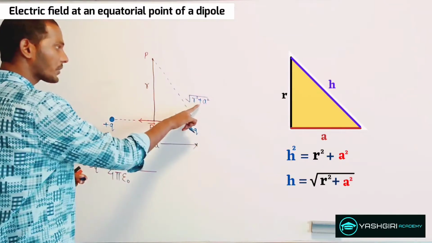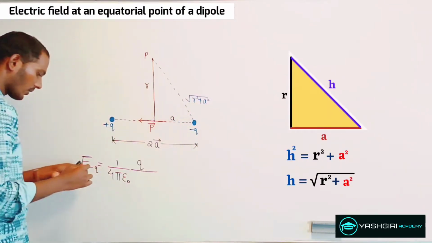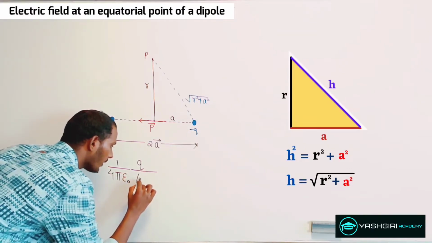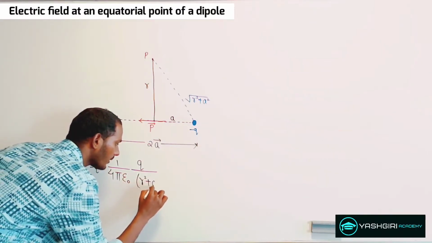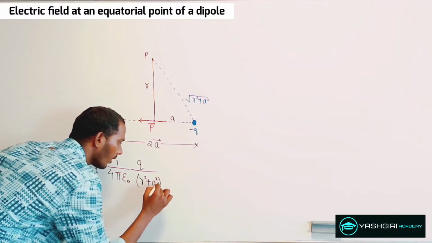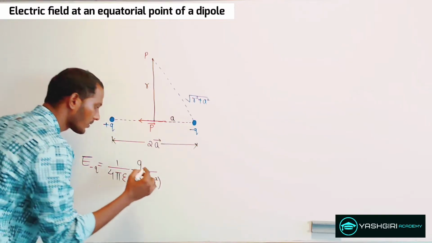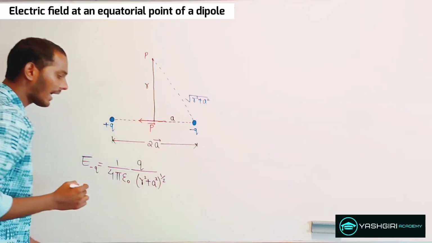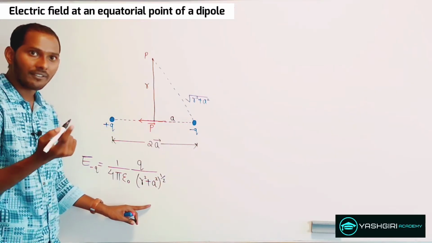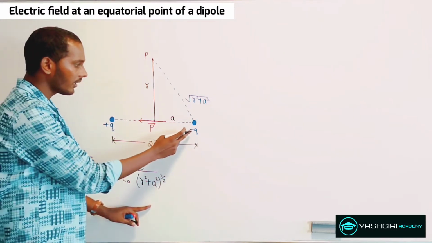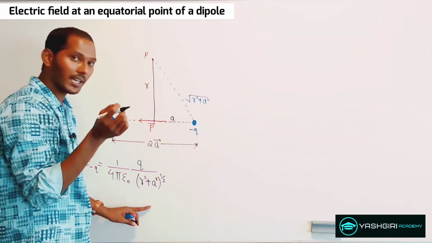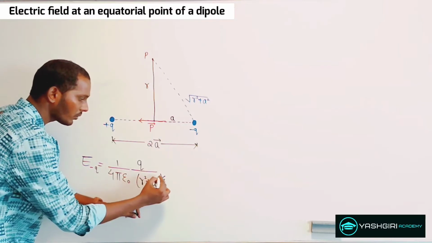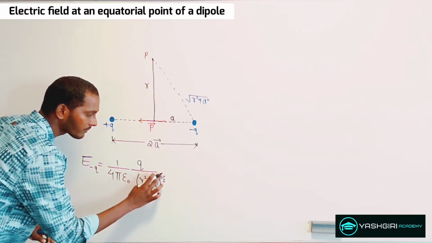So let me substitute this over here. So when I substitute that, here it will be r square plus a square, all right, into square root. So I can just write it as 1 over half. And what we know is that the electric field contributed by this single point charge is 1 over r square. So in that case, I need to write a square over here, correct?